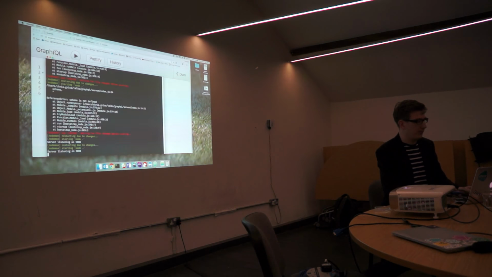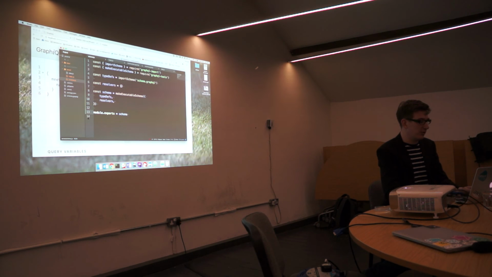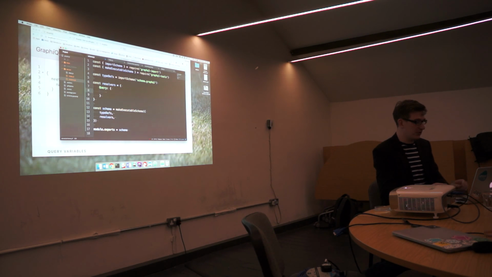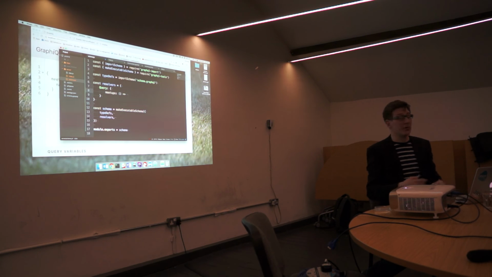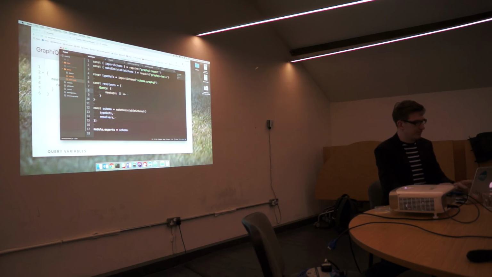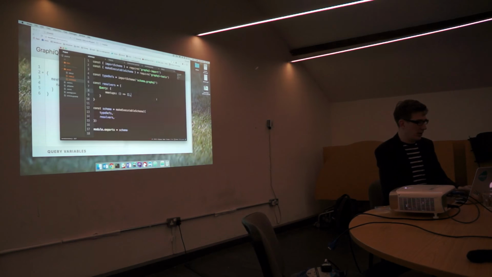So what does this look like? Essentially it's just an object, but what the object consists of is a set of types. Each of those types is an object that has fields in it. So I can say meetups, and each of those fields takes a function that resolves to something. So all your resolvers are functions. They can resolve from anywhere, any sort of storage, backend, another API. You can do whatever you want with those. You can return promises, objects, whatever. So in this case, I'll just return an empty array. You can see when I run this again, we get this back.